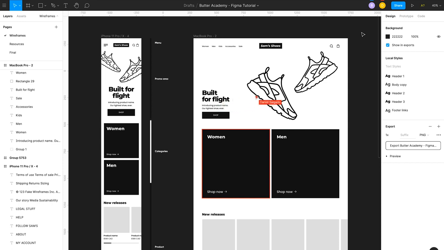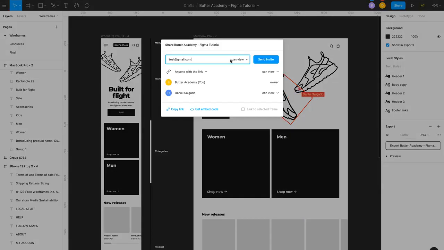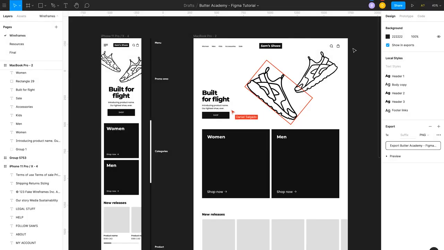So the first thing that you want to do if you're collaborating with another designer is here in the share pop-up. As I mentioned before, if you enter someone's email and then give them edit access, they can actually jump in on this file and start editing these designs with you. And what's really cool about Figma is you can